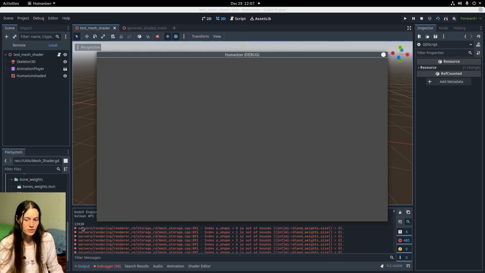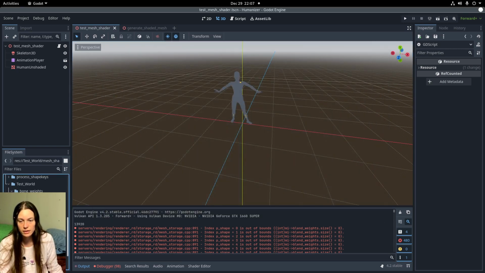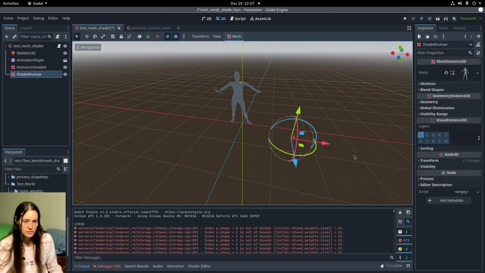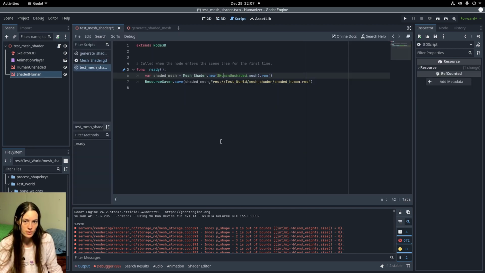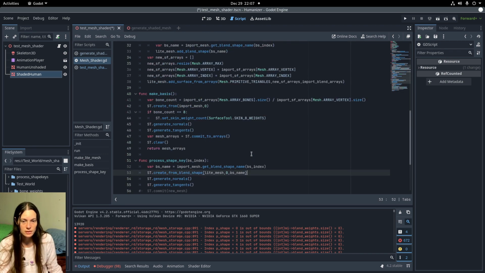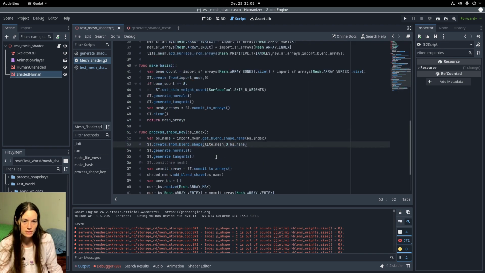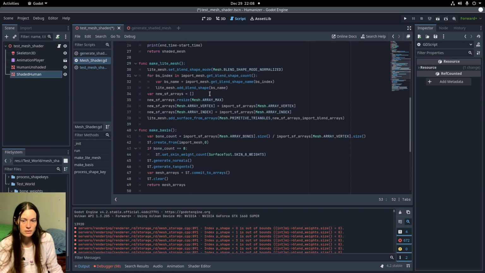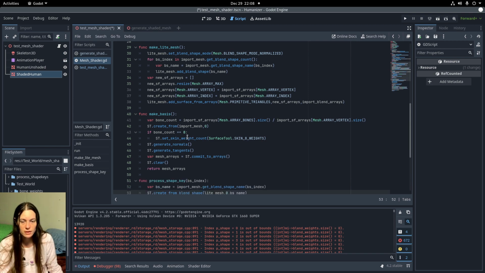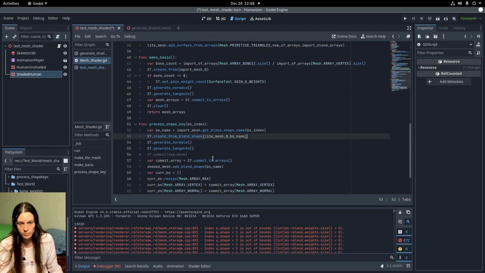So this time it took around 14,000 milliseconds, which is significantly faster, but it's throwing a bunch of errors, and when I try to add the shaded human to the scene, you can see that it's not rendering. So what's happening is the number of vertexes in the basis mesh is different from the vertex count in the shape key meshes, because